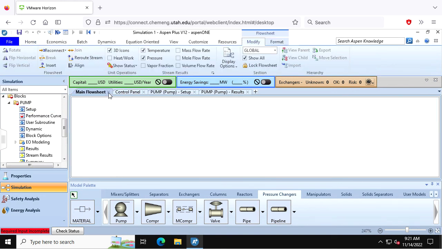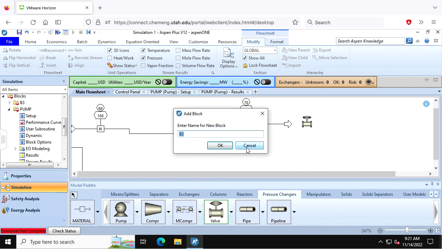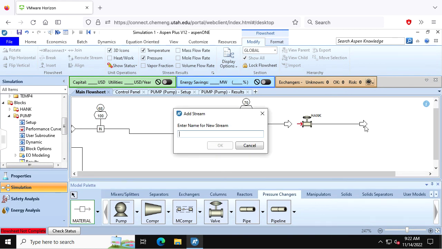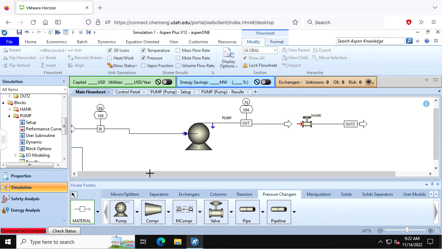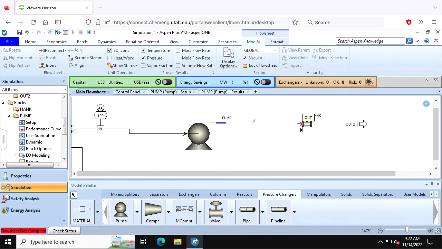All right, now let's go back here, and I'm going to maybe relocate this. And the last one I'm going to throw in is a valve, which I will call Hank, just to give it a name. We need to add one more stream. I'll just call it out 2, and then I'm going to reconnect this stream to the valve. Okay, then I hit next,